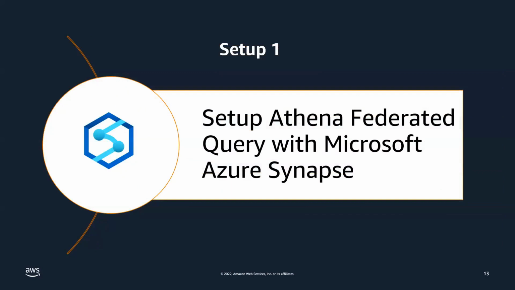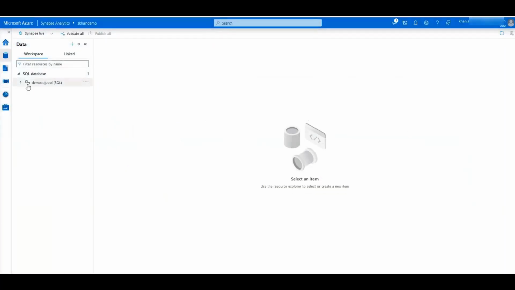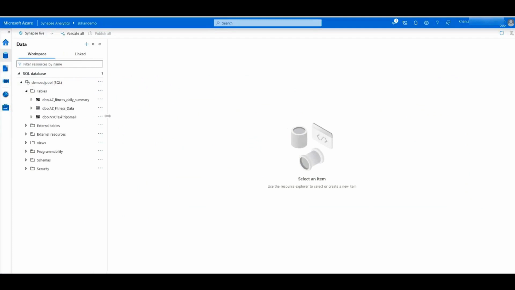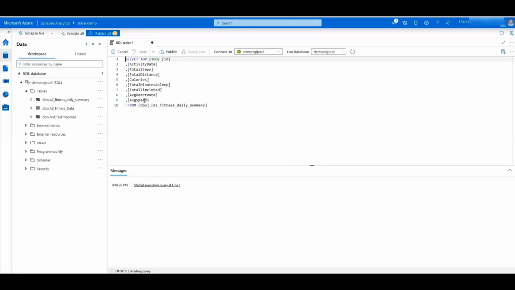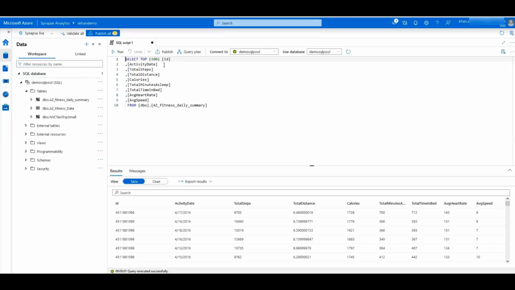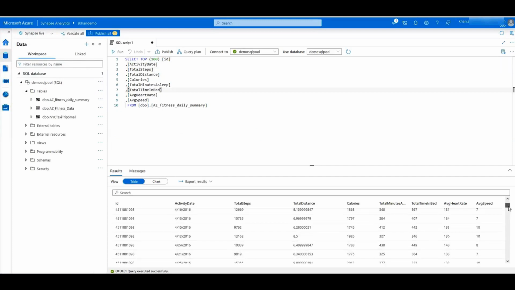Okay. So the first setup is connecting Athena Federated Query to Microsoft Azure Synapse. I have my Azure console open, so I'll quickly show what my data looks like. I have a demo SQL pool, and I have my AZ Fitness daily summary data. So we just select the top 100 rows and see how the data looks. I have the activity date and some other information like calories, time in bed, and average heart rate. All this data is in my Synapse